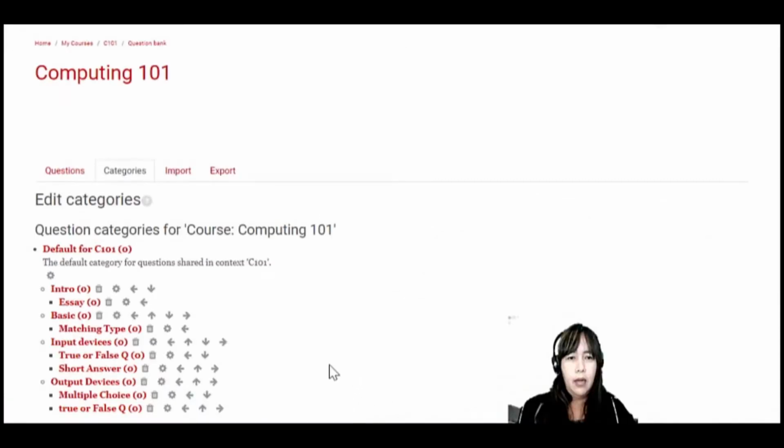So for this part of the video, I have just created some more categories to match my sample questions later on. So these are all fictitious, right? But I created, let's say that my assumption is I have my topics or my chapter: intro, basic, input devices, output devices, and then for each topic I have also created categories to organize the type of questions for each